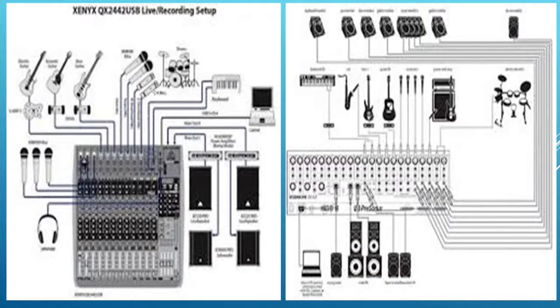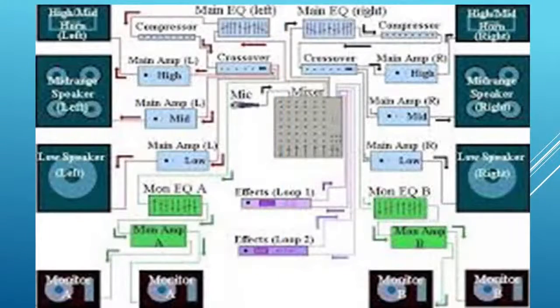Now to your extreme right, I have done a little drawing. This is a typical example of a little sound drawing, and it indicates what we call the audio routing, how we have routed the sound. Routing here means the channels by which we have sent the audio signal. So we picked it from a microphone, and then we have sent it all the way through probably a crossover or a mixer. Then the mixer goes through a crossover and pushes back to the speakers, and then pushes sound back to the monitors. So this is an example of a complex audio diagram. I'll be showing you much simpler ones.